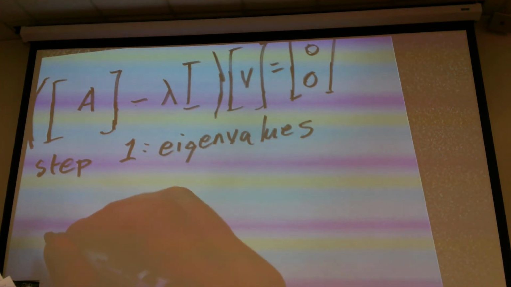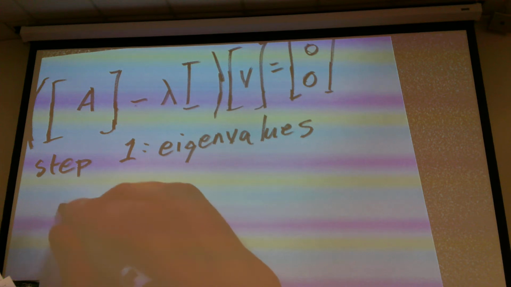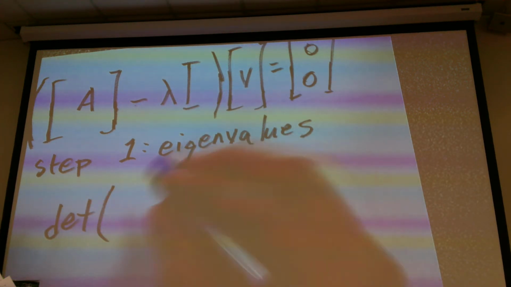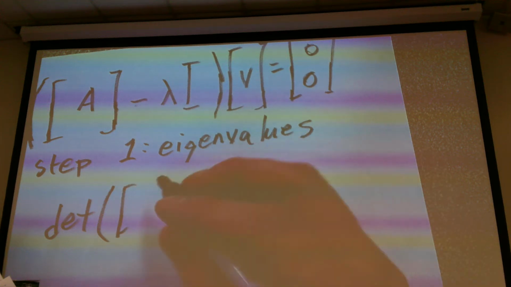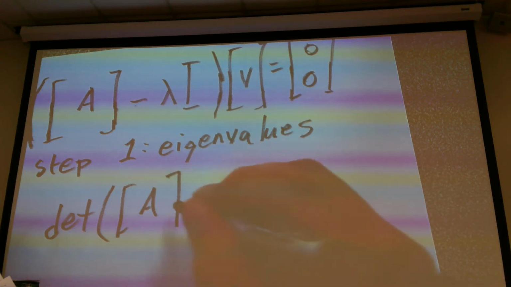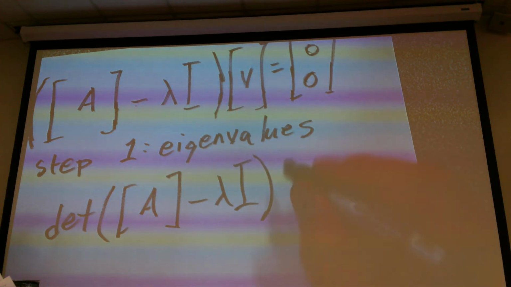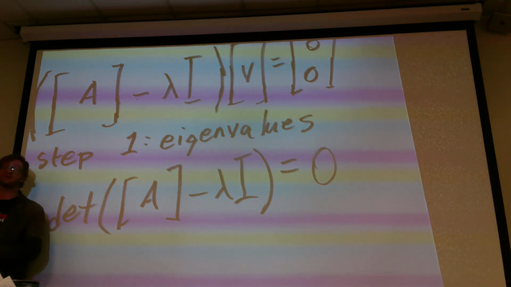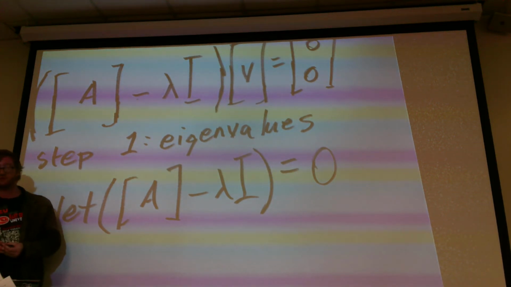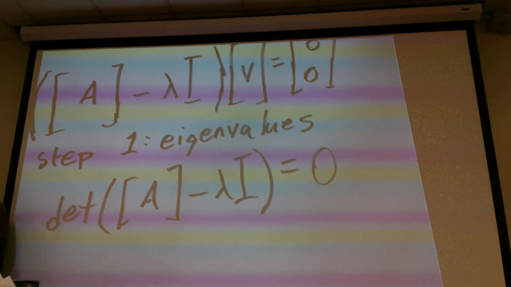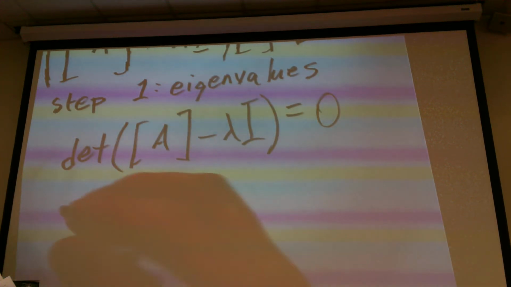To do that, we're going to take the determinant of A minus lambda I, and we're going to set that equal to 0. Okay? That's going to give me the eigenvalues. By taking the determinant of A minus lambda I and setting it equal to 0, I'm going to get the eigenvalues. Okay? And then step 2,